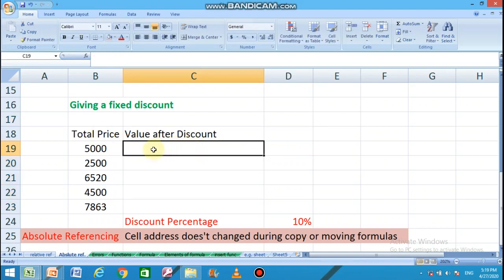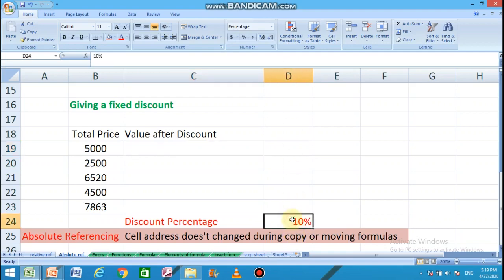let's see, we have to find a discount value on this total price, but the discount value is the same, that is 10%. This means for all these cells we have to find the discount at 10% only. So here we need to make this cell value absolute.